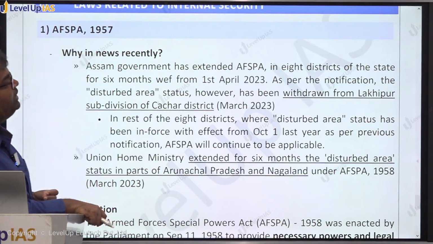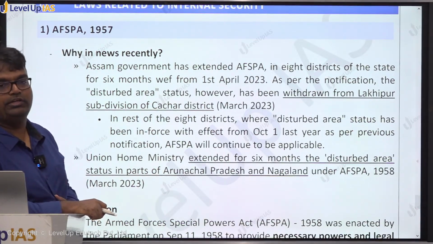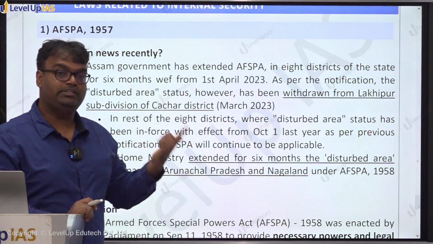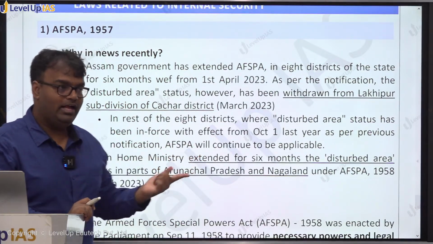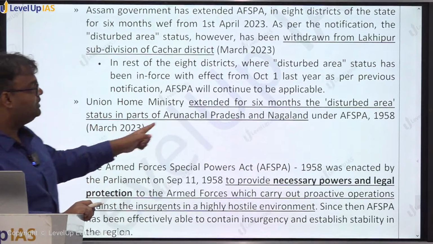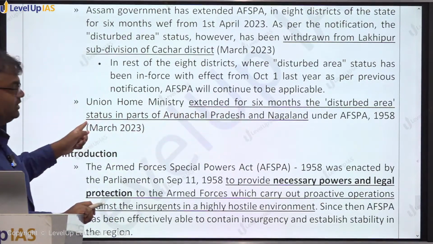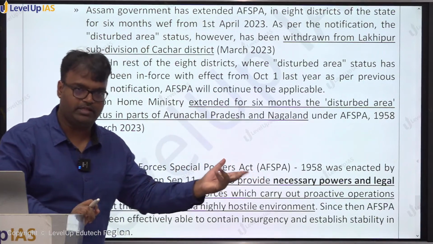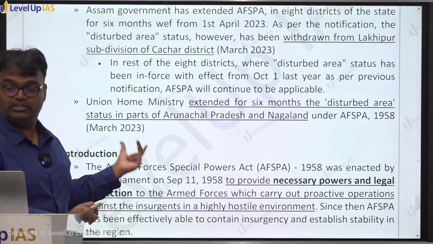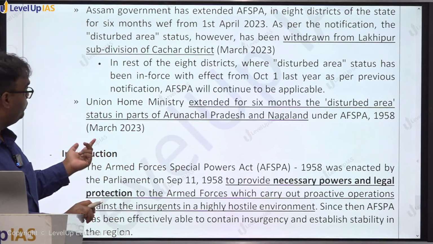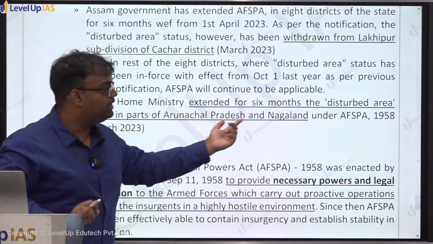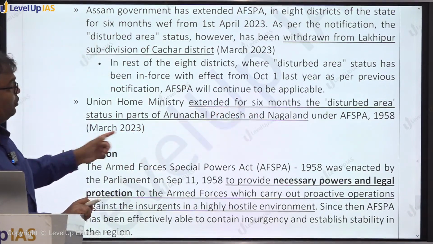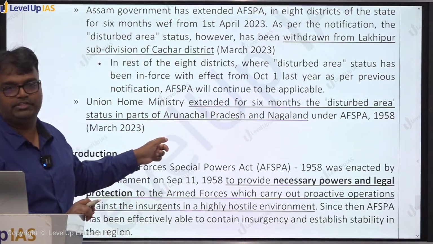AFSPA in 8 districts of the state for 6 months with effect from 1st of April 2023. इसे समझो कि स्टेट गवर्नमेंट भी एक्सटेंड कर सकती है आफ्सपा। And here the Union Home Ministry extended for 6 months the disturbed area status. किसी एरिया, किसी रीजन को जब डिस्टर्ब्ड एरिया बोलते हैं वहां आफ्सपा लग जाता है। Similarly, the Home Ministry extended AFSPA in parts of Arunachal Pradesh and Nagaland. अरुणाचल प्रदेश और नागालैंड में भी होम मिनिस्ट्री ने एक्सटेंड किया।